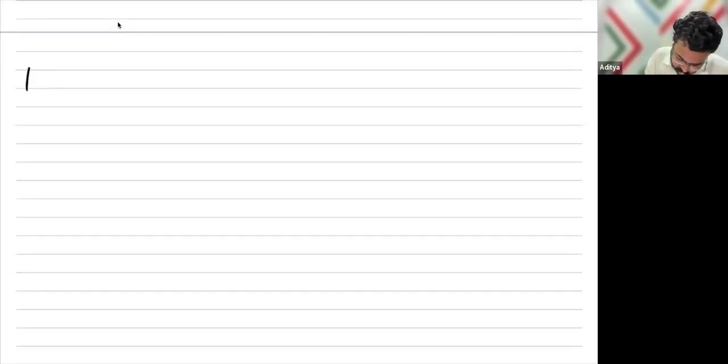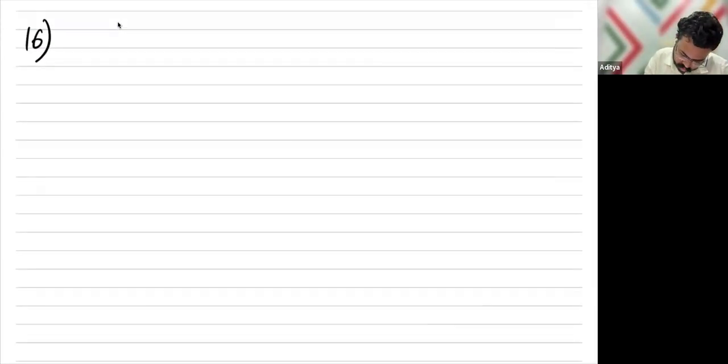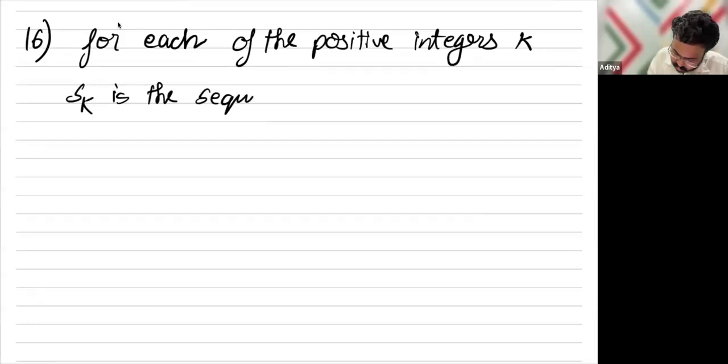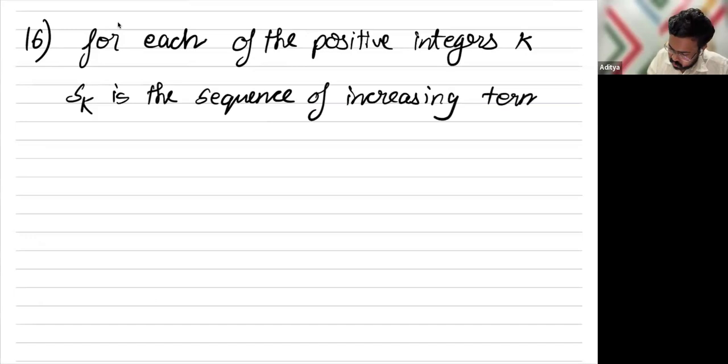Question 16 will be: for each of the positive integers k, Sk is the sequence of increasing terms of an arithmetic progression such that